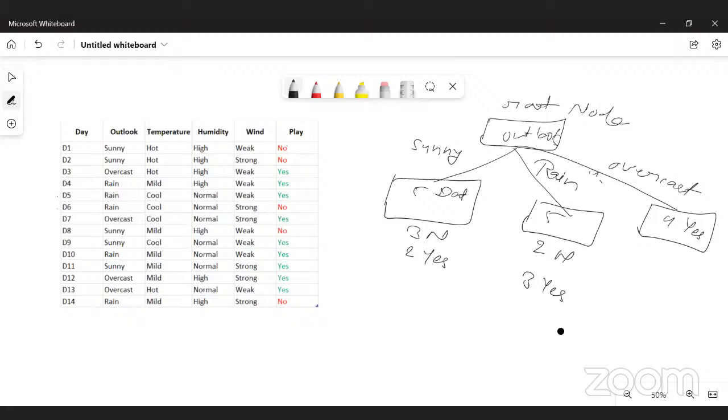So this is now your pure node. We need not split this further. We can make the prediction, so this is now your leaf. If we are splitting using Outlook now,